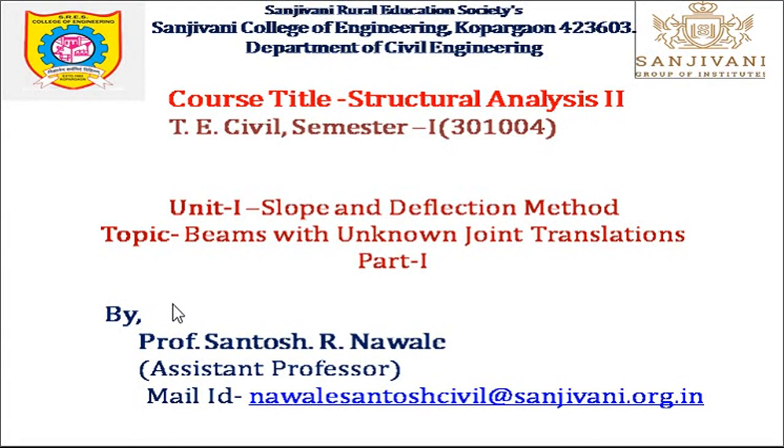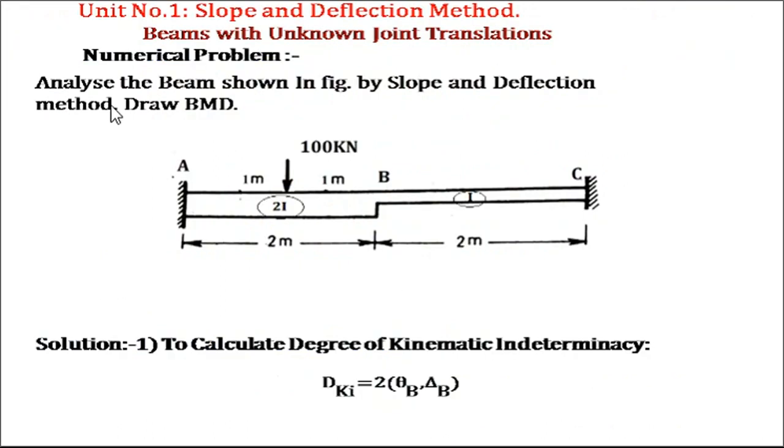Hello everyone. In this video, we are going to learn the beam with unknown joint translation, part one, by the slope and deflection method for the subject Structural Analysis 2. So, numerical problem: analyze the beam shown in the figure by slope and deflection method and draw a bending moment